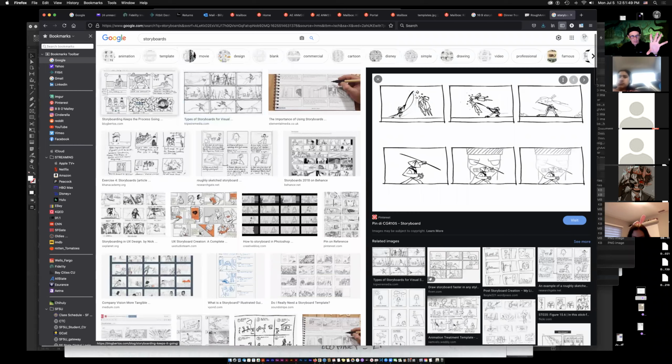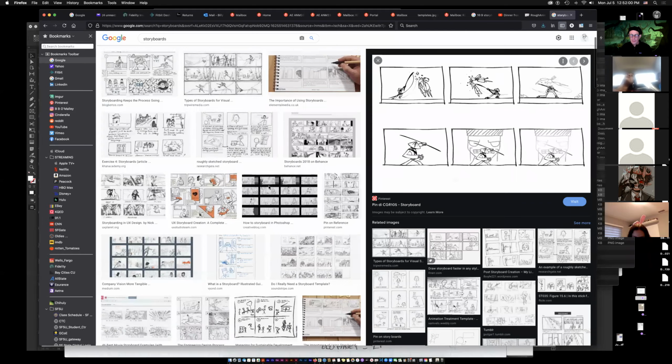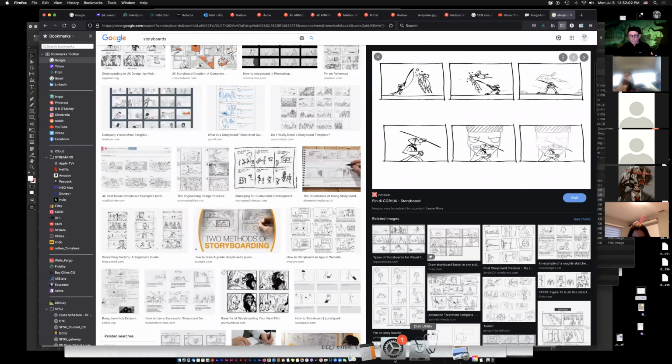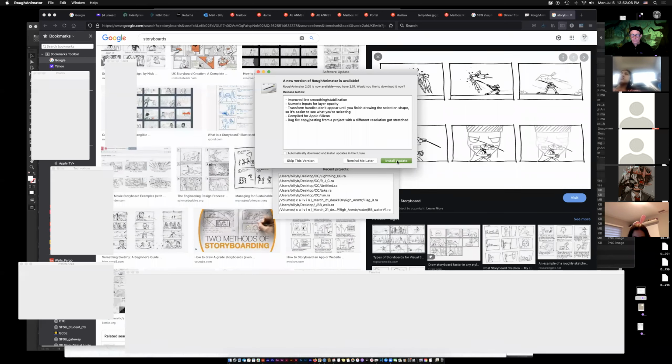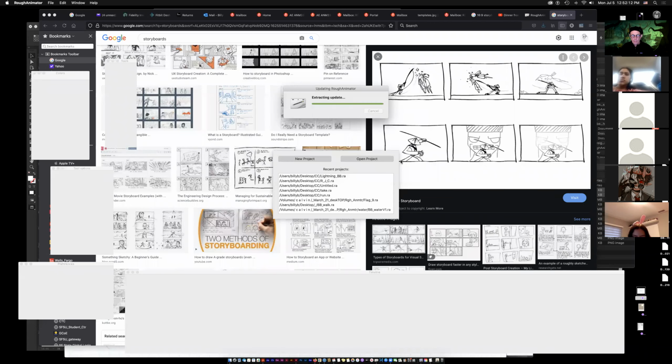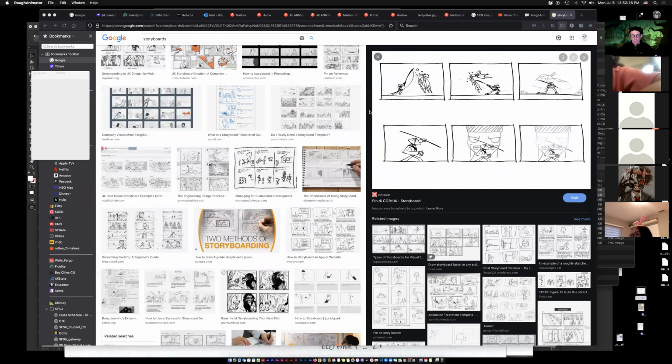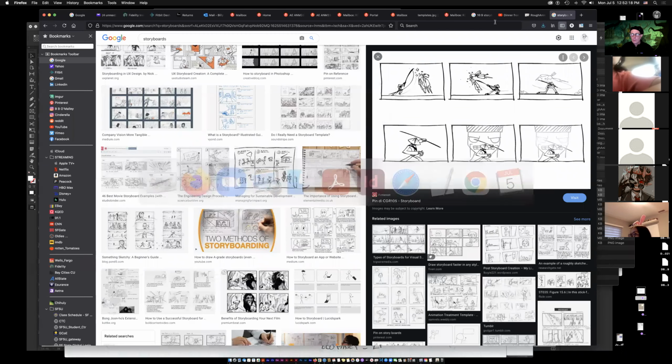And again, there's lots of stuff out there on social media. This one doesn't have any information underneath here. Sometimes you do need to have the information, which we'll talk about right now. So in the storyboard world, there's an